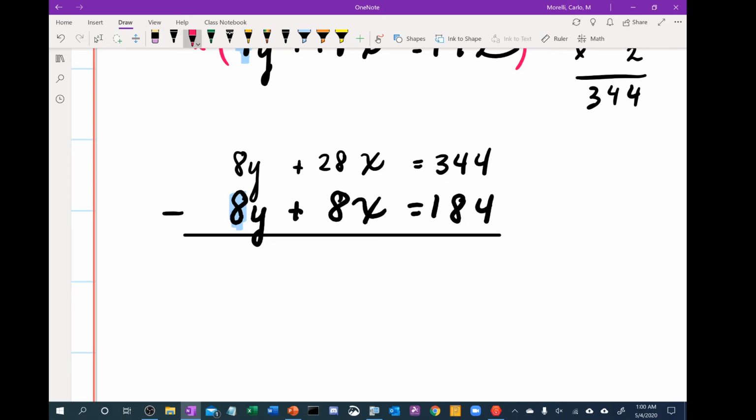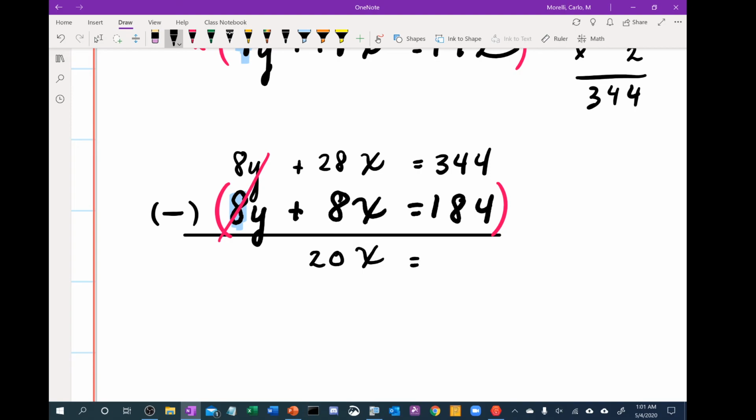Be careful when you do subtraction. You have to distribute that subtraction symbol as you subtract, and we'll go through it. The fun part is easy. 8y minus 8y is 0, so those eliminate. You eliminated the y variable. And now we're going to do 28x minus 8x. You always have to refer to this minus sign. So 28x minus 8x is 20x